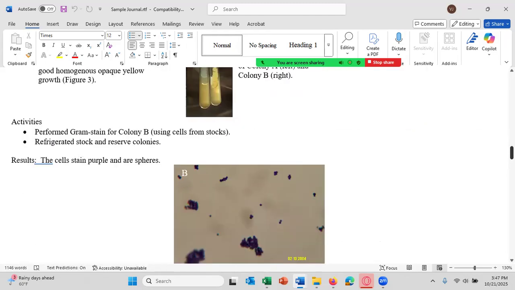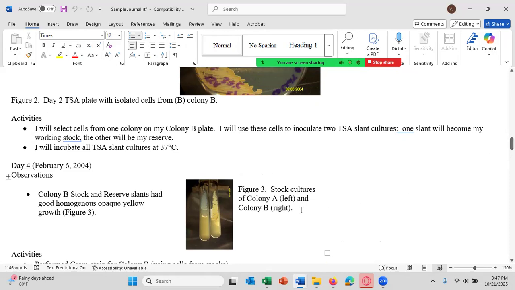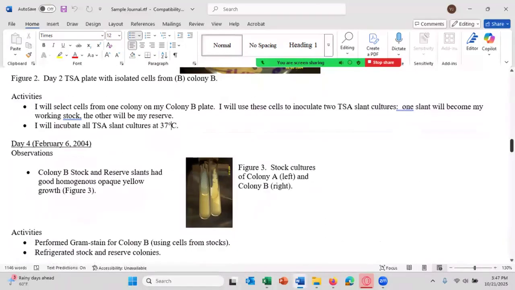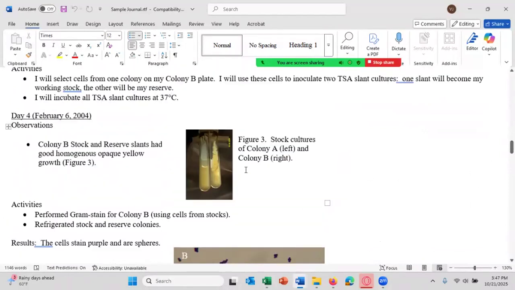It may be helpful to do the gram stain first when you're writing your report so that you narrow down the bacteria first. Like this one put, well, actually, that's not true. He did start with the gram stain, because that's not really a test round. That's just setting up the stock culture.